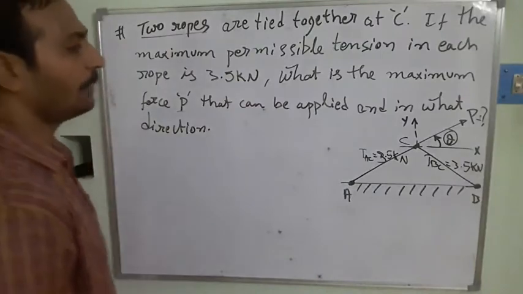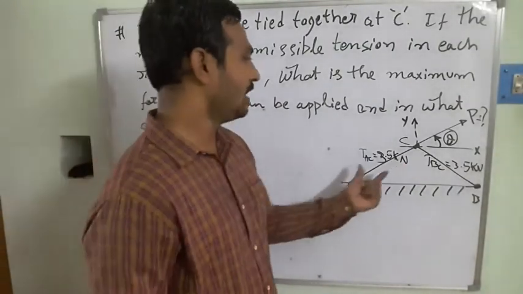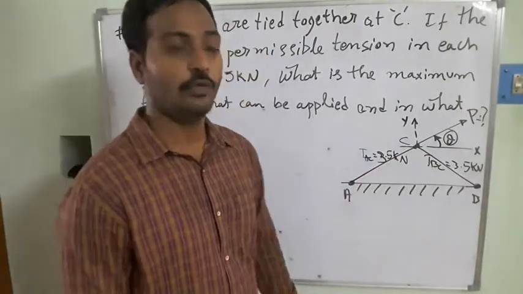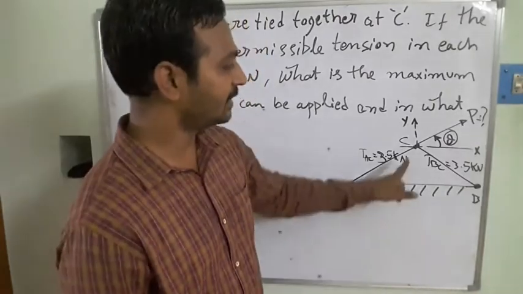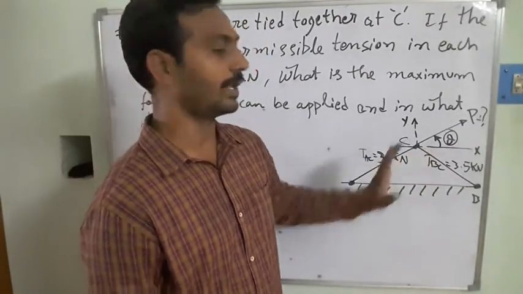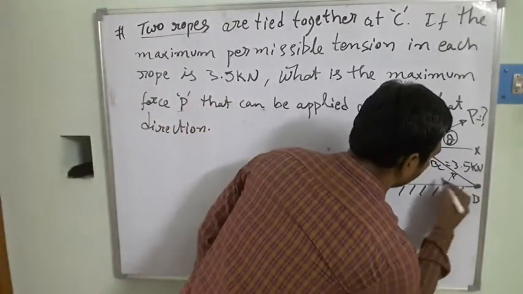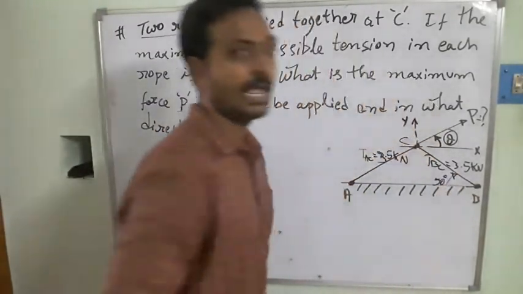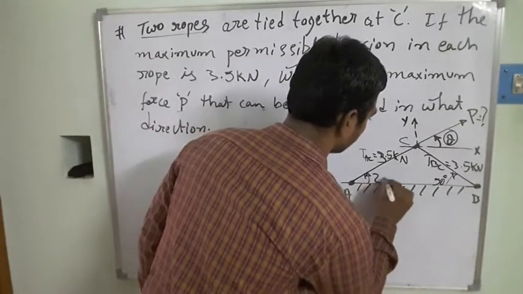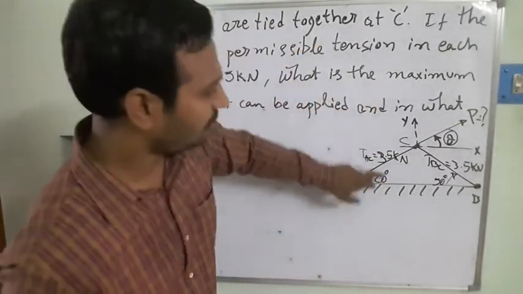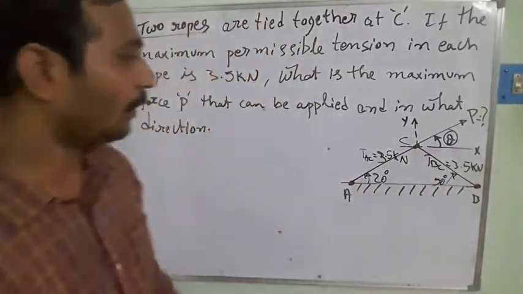For this, I am going to draw the free body diagram. I am taking the free body diagram at the point C. You can draw the free body diagram at A as well as B, but in this case, three forces exist over here, and they also make inclinations. AC is making 20 degrees, and BC is making 50 degrees. So we are going to calculate using the free body diagram.